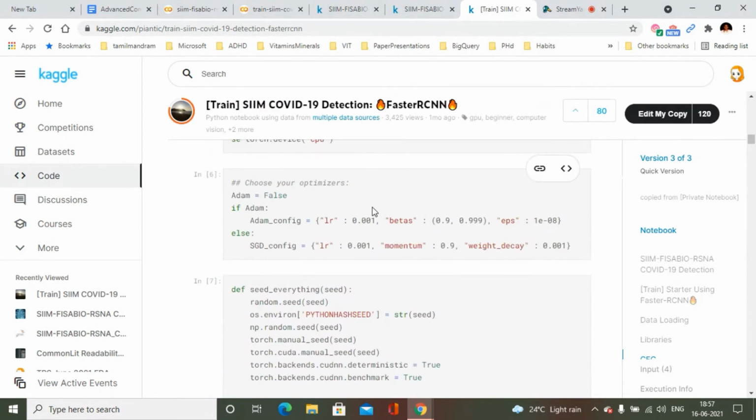And you can use any optimizers, any of the upcoming optimizers in the research papers, but you can also use optimizers like Adam and SGD. And if you're using Adam optimizer, then you'll have to set the parameters like learning rate and epsilon. And for SGD, you'll have to set the corresponding parameters.